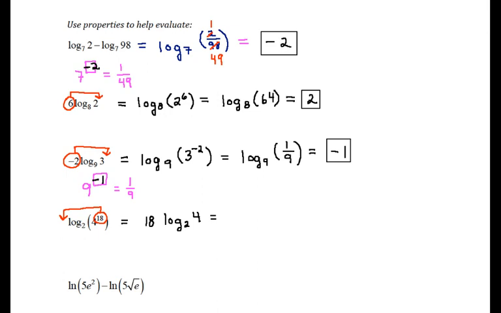Now log to base 2 of 4 is a pretty easy one. 2 to the power 2 is equal to 4, and therefore 18 times 2 is going to be my result, which is 36. Note that it is possible to do this another way. We could have said, from the beginning, log to the base 2 of 4. Well, 4 is really the same thing as 2 squared